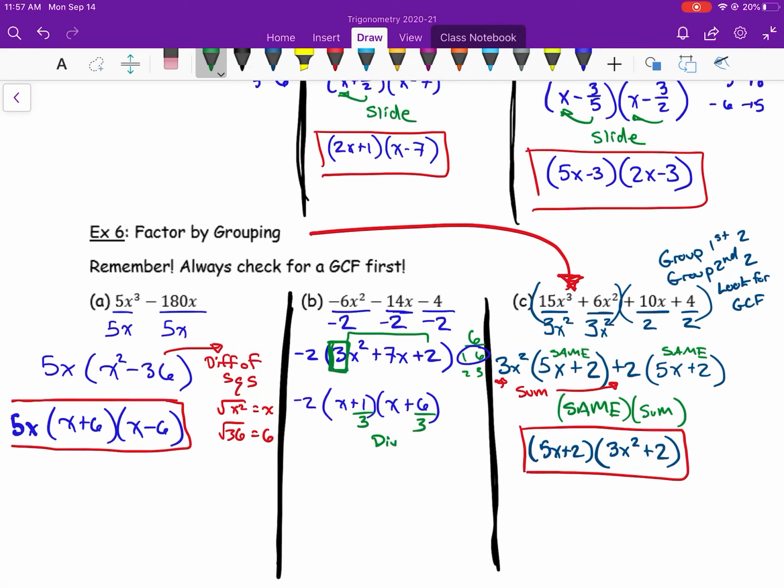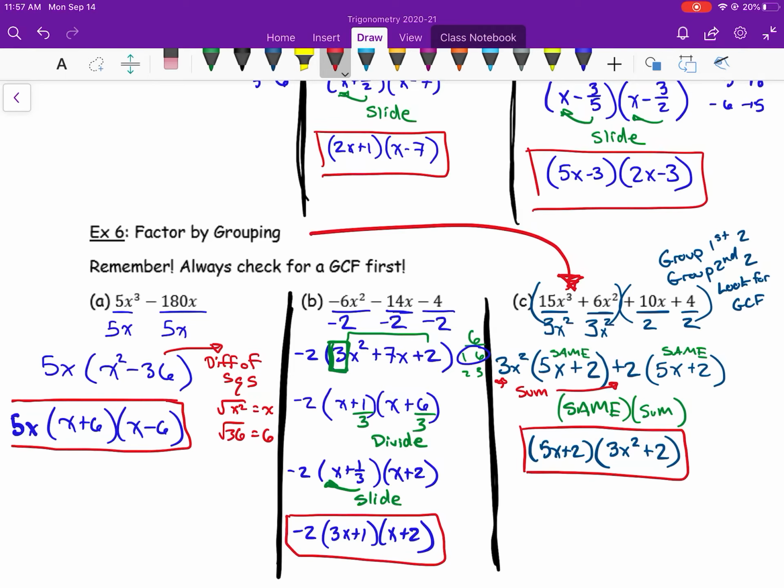Alright, so this is our divide step. Simplify the fractions if you can. Whatever can't be simplified, remember, slides in front. Alright, so we get negative 2 times 3x plus 1 times x plus